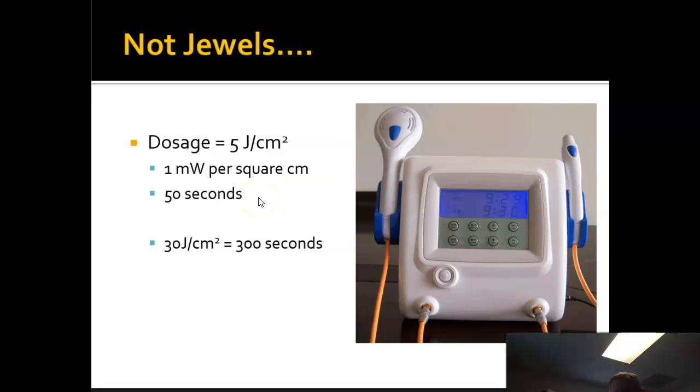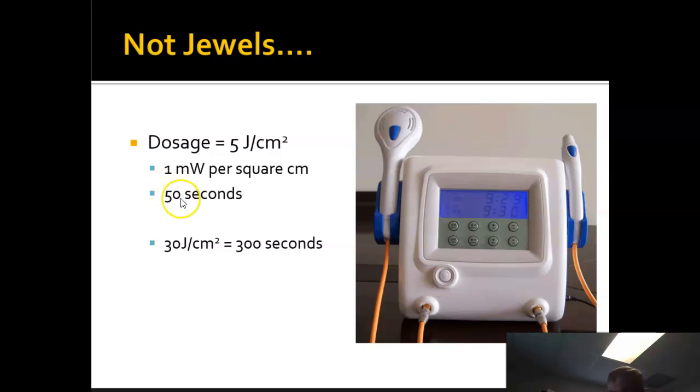So if we look at a realistic dosage, right? If we're talking about how much dose we want to deliver, if we want to deliver 30 joules per centimeter squared, and we're using this machine right here, then it ends up being about 300 seconds or 5 minutes. If I had a machine that gave out 2 watts per centimeter squared,